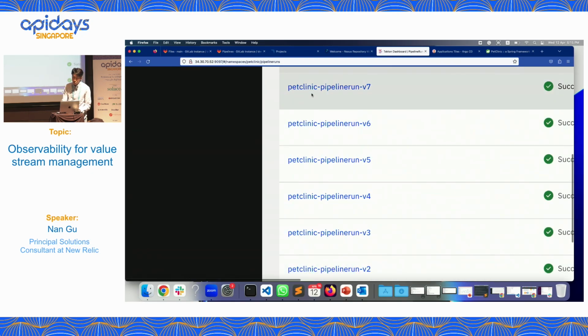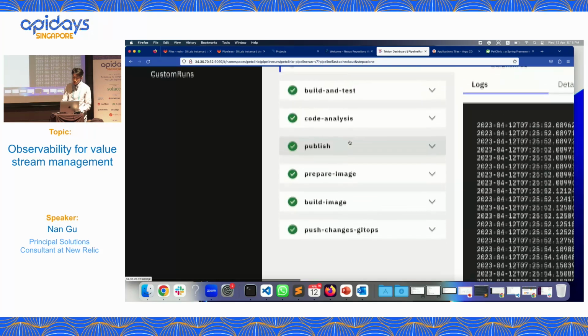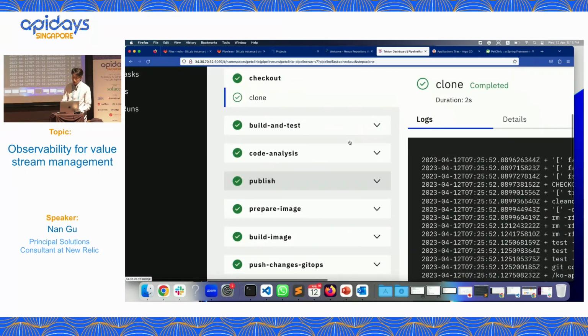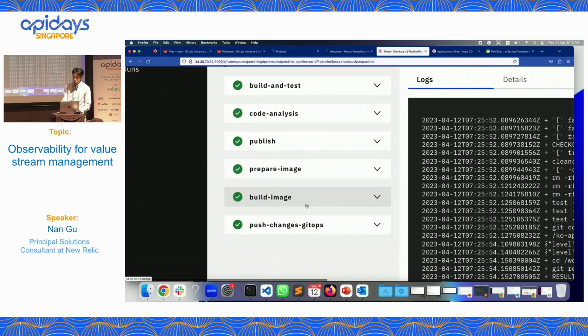If I click on a single one, you will see the steps. I check out the code, then I build and test, do the code analysis, and then publish into Nexus. I prepare the image, build the image, and then tell the repo where the image is. And ArgoCD can take over.